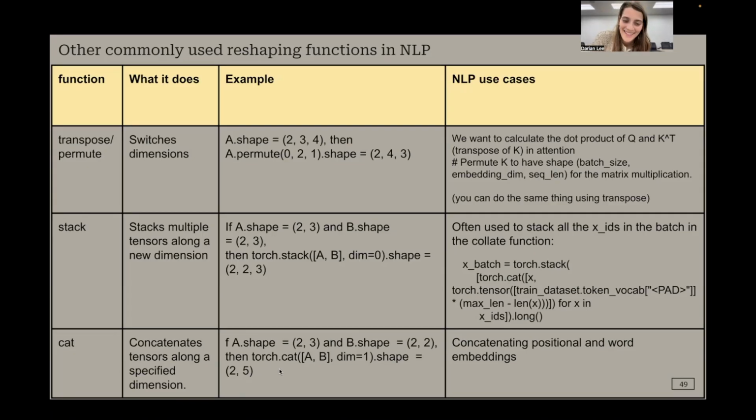And concatenation, I think this is pretty simple. You probably already have a good handle on this, but essentially you're just combining the tensors along a dimension. You can think of stack as having two tensors and forcing them together, but as their own separate things with brackets around each of them. Whereas with concatenation, you have some tensor and you're just adding something, combining it to the end of the tensor